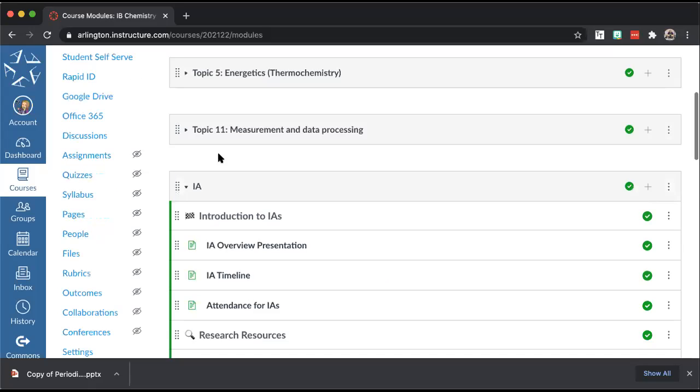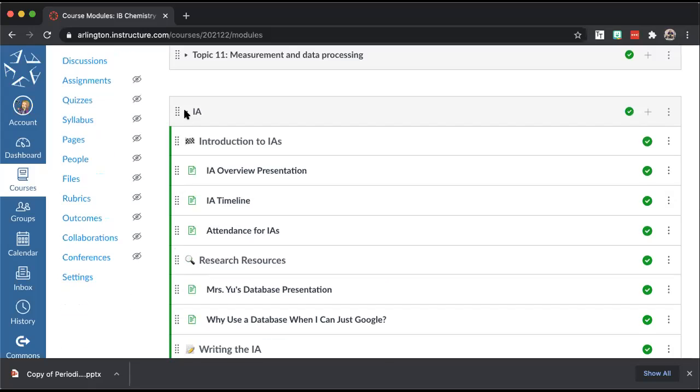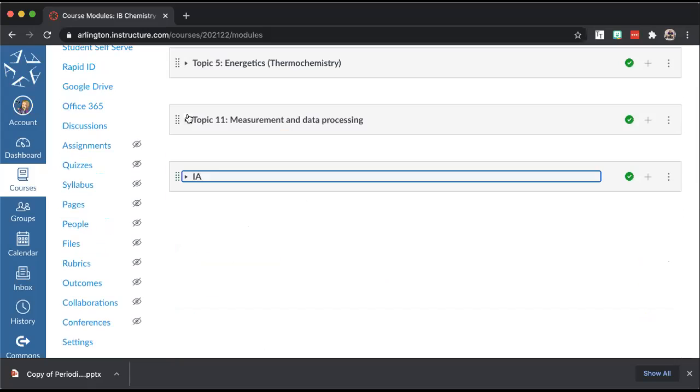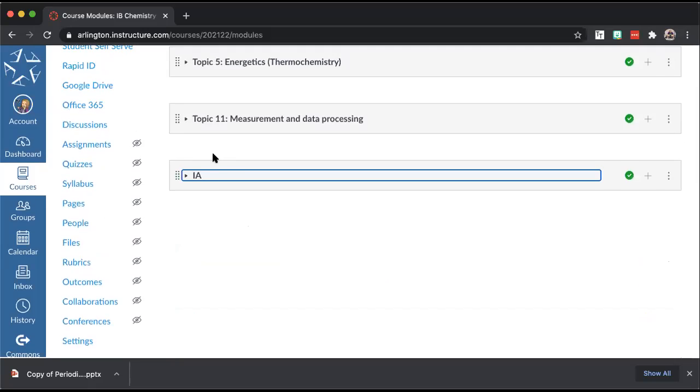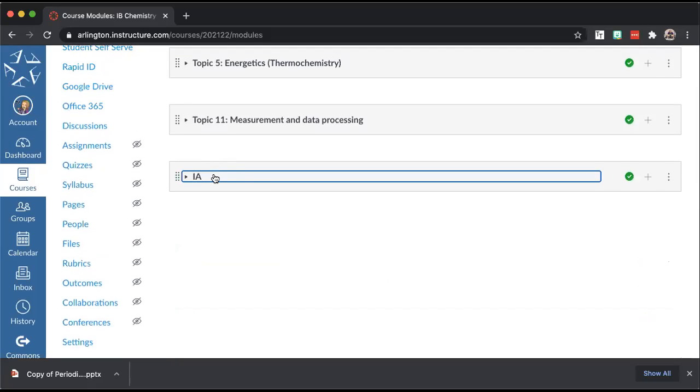Okay, so on Canvas, underneath where we were working on the measurement and lab stuff, there is a new module and it's just called IA. And so we'll be going back and forth between referring to this IA module throughout the whole process